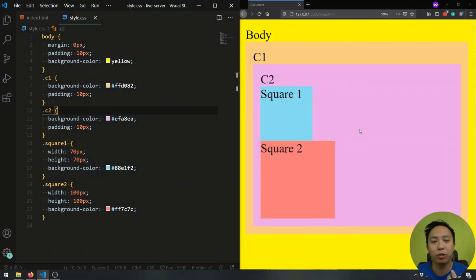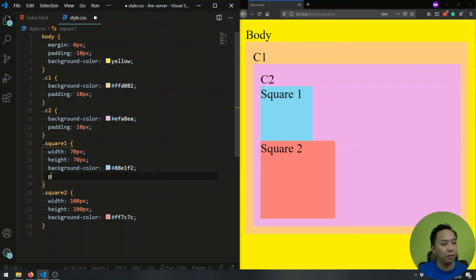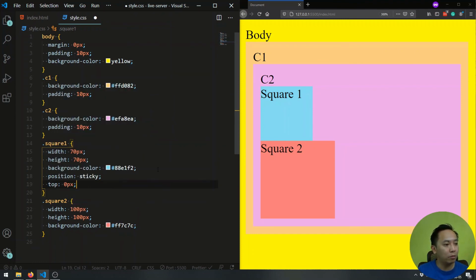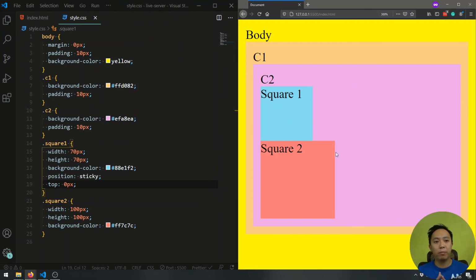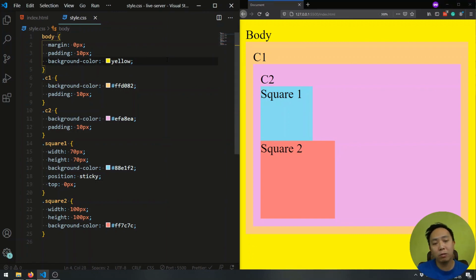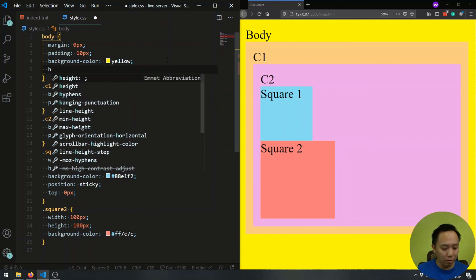Okay, the last position we're going to talk about is sticky. Now go back to our original example. Let's make square 1 sticky, and top is 0 pixels. Now I save it, nothing happened. Okay, because square 1 is not at top 0 yet, so nothing happened. How do I make it reach top 0? Okay, what I can do is